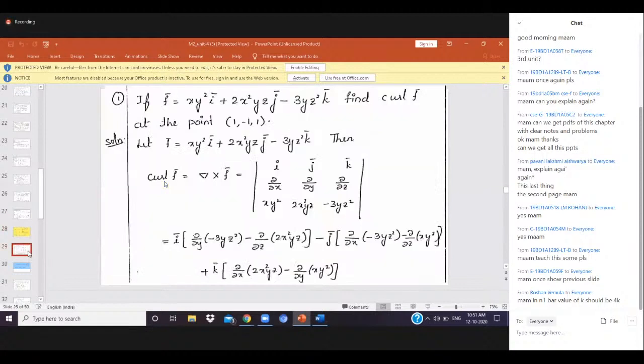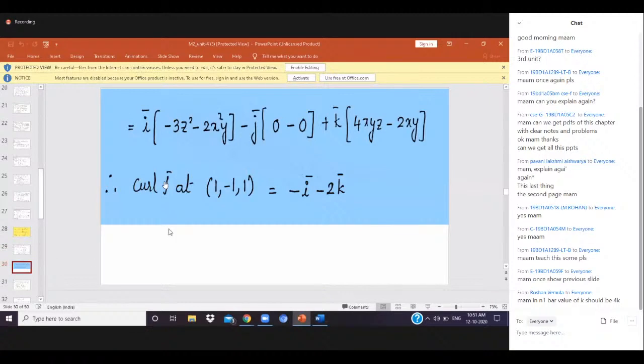This is one of the problems under curl F bar. If F bar is equal to xy square, the function is given, we are calculating curl. So curl F bar is equal to the determinant of i bar, j bar, k bar, del by del x, del by del y, del by del z, and the coefficients of the vector function F bar: xy square, 2x square yz, minus 3yz square. Expanding as a determinant form,